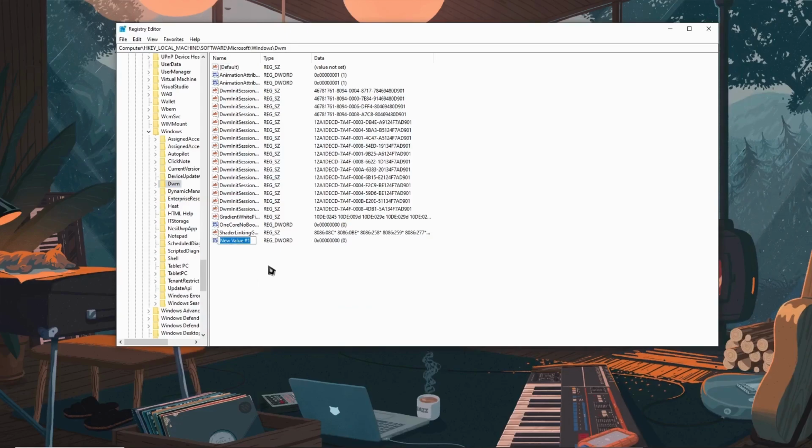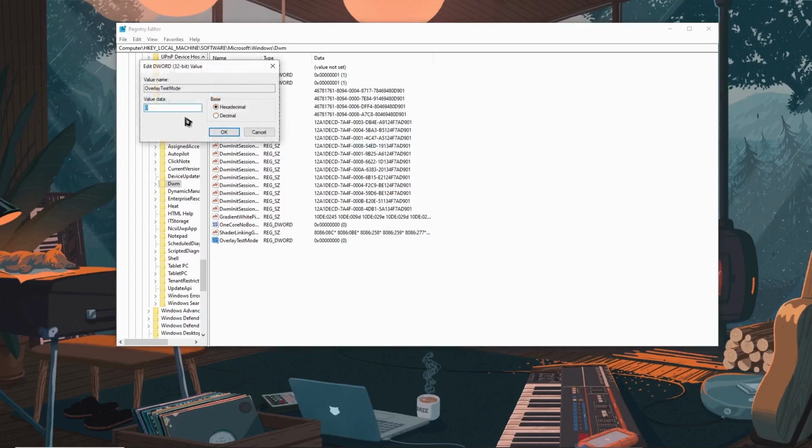And what we're gonna name it is simply overlay test mode, and be very careful that you have the capital O, T, and M, because that is strict. We really need that for this to work, so make sure that you have it in capital, the letters O, T, and M. So after that, what we're gonna do is double click so that we can edit